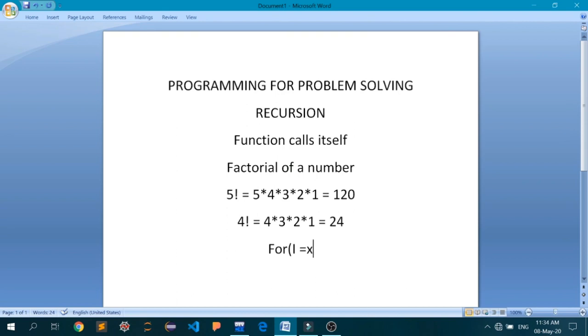The loop continues while x is greater than 0, and x is decremented each time. Inside the loop, fact is equal to fact multiplied by I. Before that, let me initialize int fact equal to 1 and comma I.